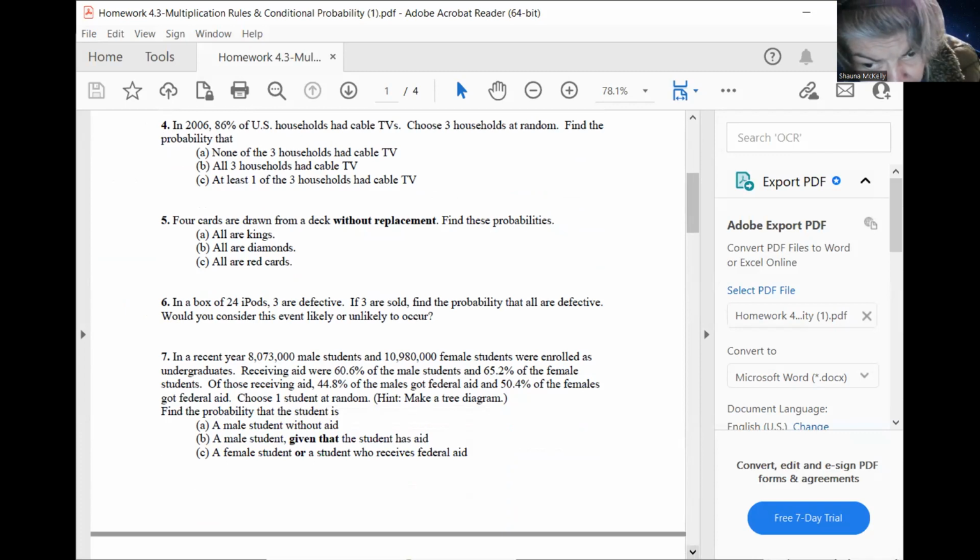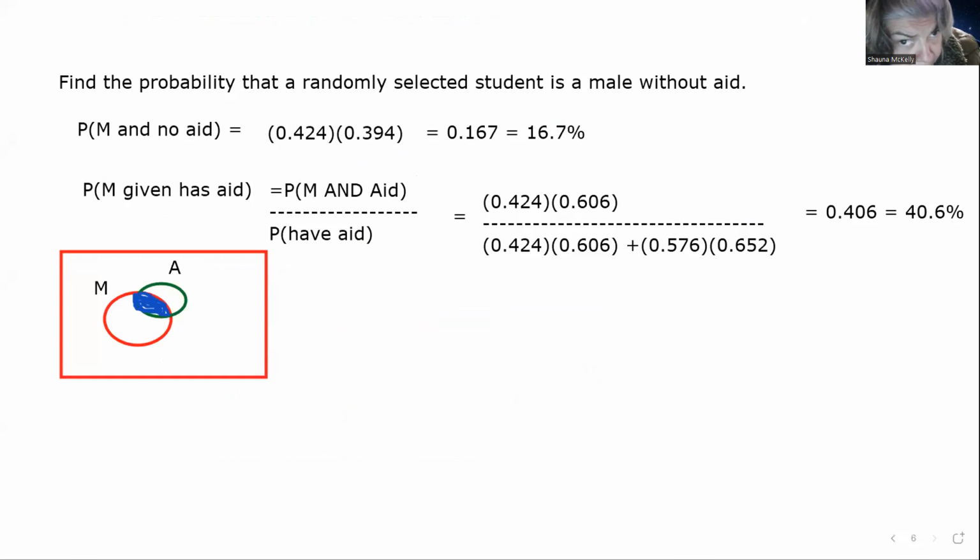A female student or a student who receives federal aid. So here, this is the probability of a female student or a student who receives